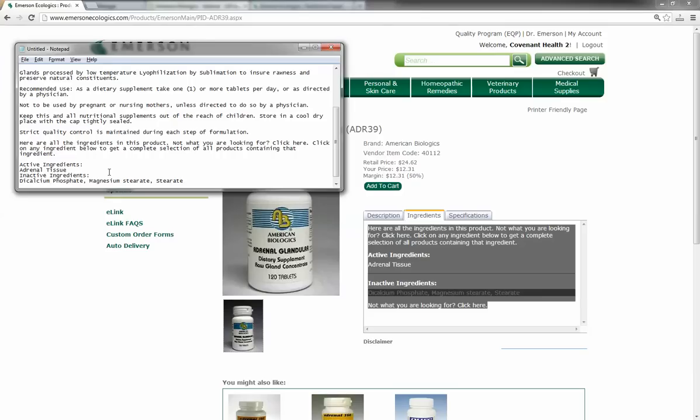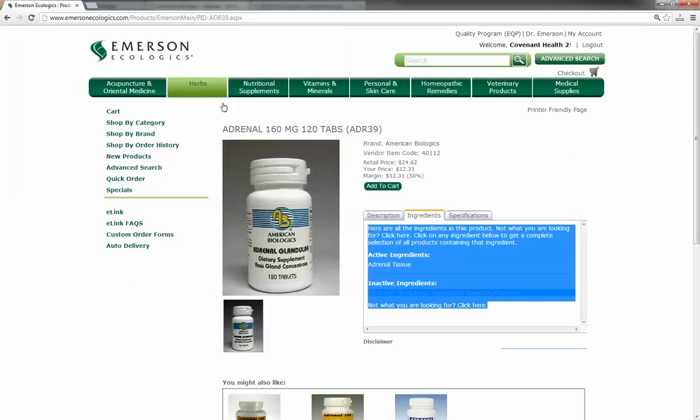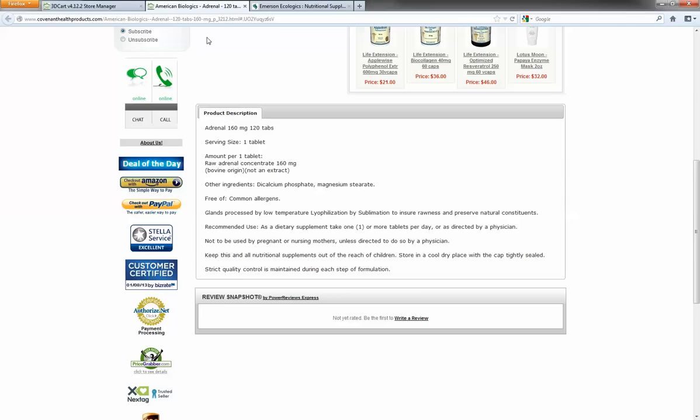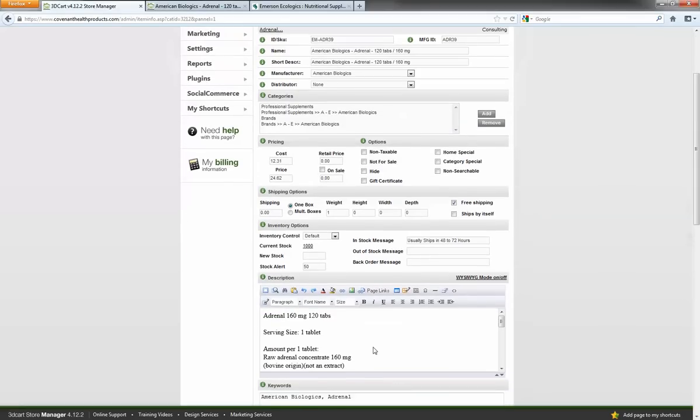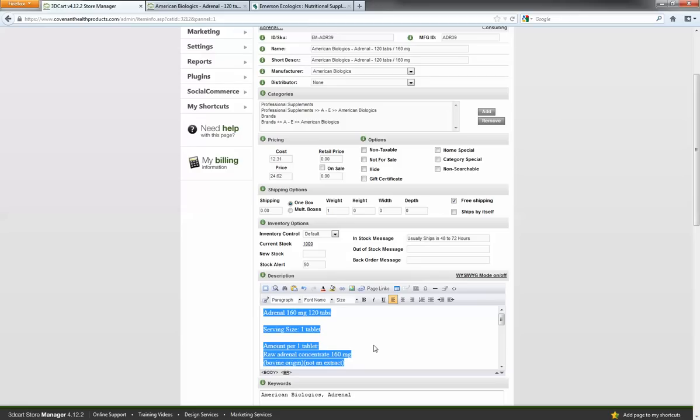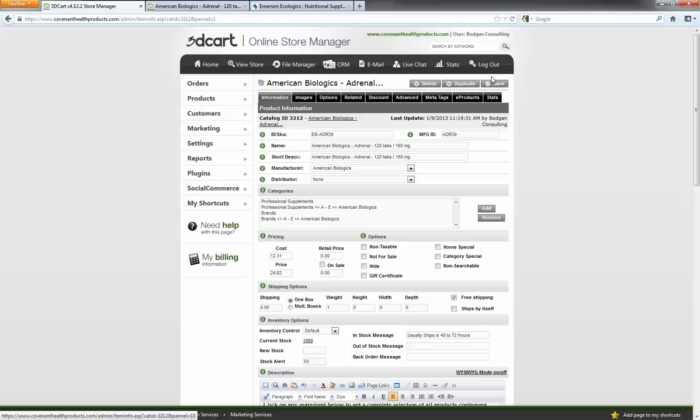You know, just add a space. That looks good. And copy, paste, and then go back over here and go down here, make sure it's in WYSIWYG, and then delete all that again, and then paste, and then save,